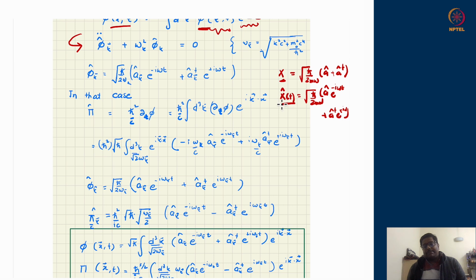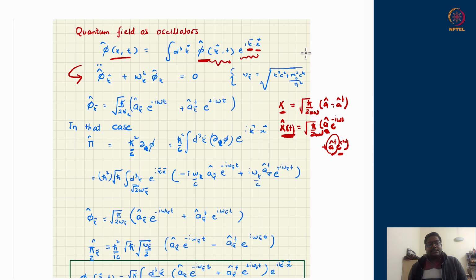So this is how the time dependent operator would have changed in Heisenberg picture. A dagger is a creation operator coming with e to the power plus i omega t, and an annihilation operator a comes with e to the power minus i omega t, where omega was the frequency the oscillator was satisfying. So similarly, I can have the same thing done for the phi k this time. It has its own frequency omega k squared, so that omega k will sit here. It had its own mass which is 1, so this m will be replaced by 1, and everything else should be the same, only with one more fact that I have different oscillators for different k's.